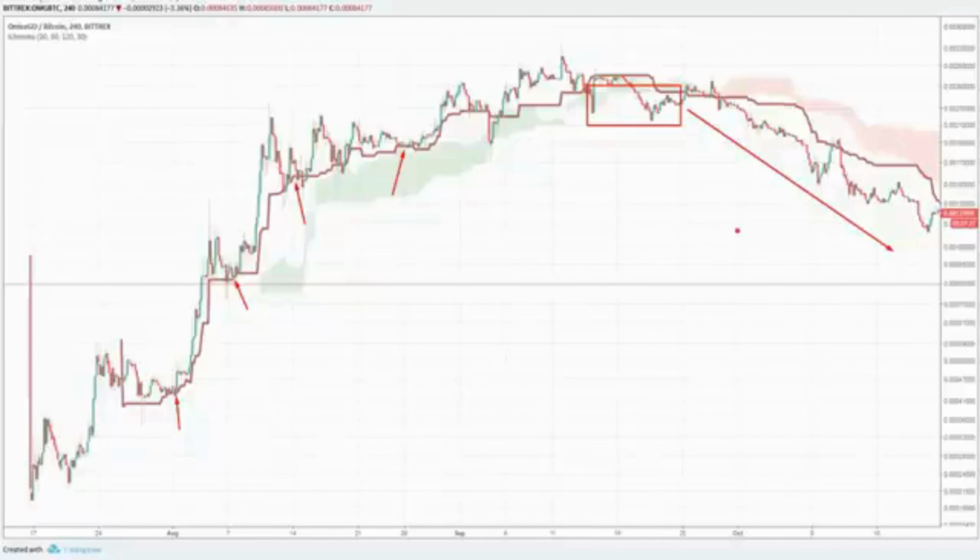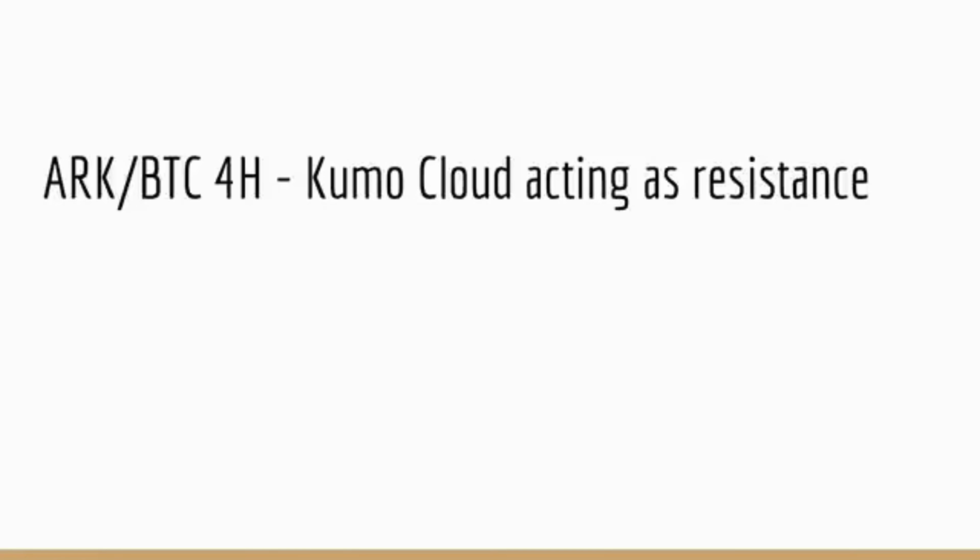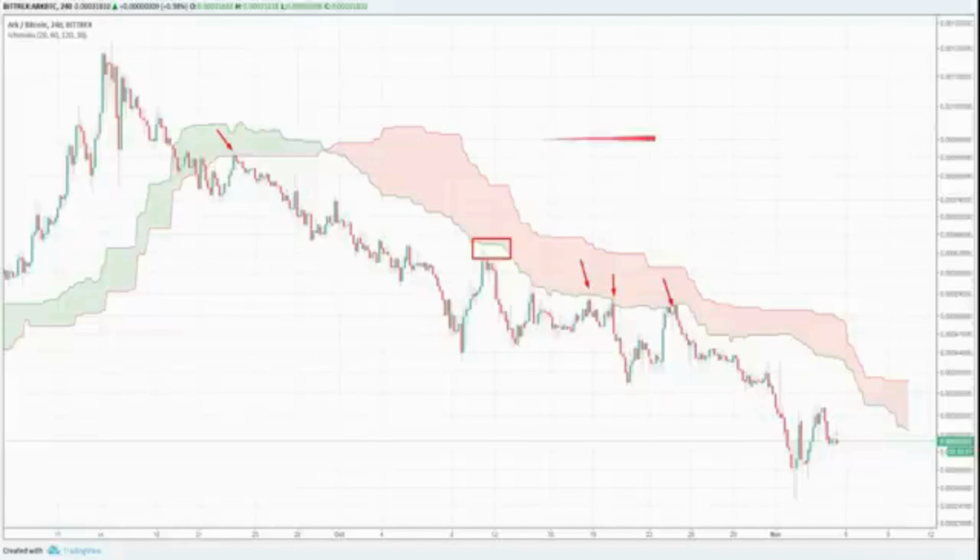So that's just giving you an example of the Kijun acting as support, and we will cover this topic as a separate trading strategy, as we'll see shortly. And again, I mentioned support and resistance. Kumo Cloud is good for it. We just saw the Kijun acting as resistance as well, but one of the main